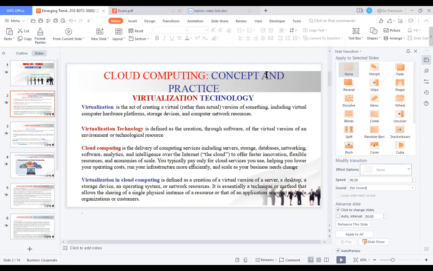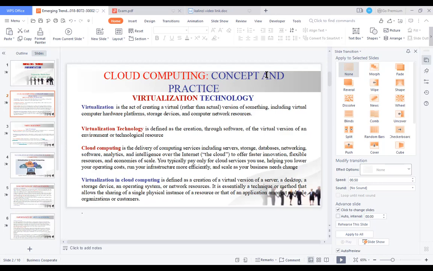And here we have another term related to virtualization, which is cloud computing. You can't discuss virtualization without cloud computing.